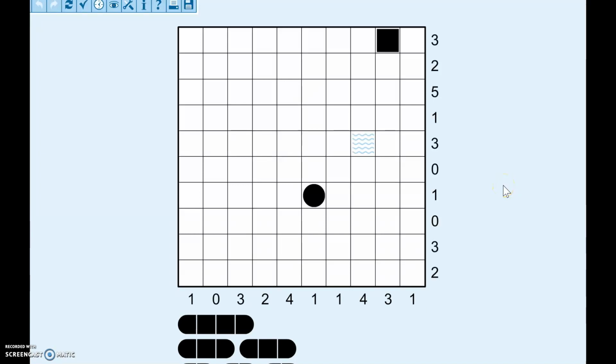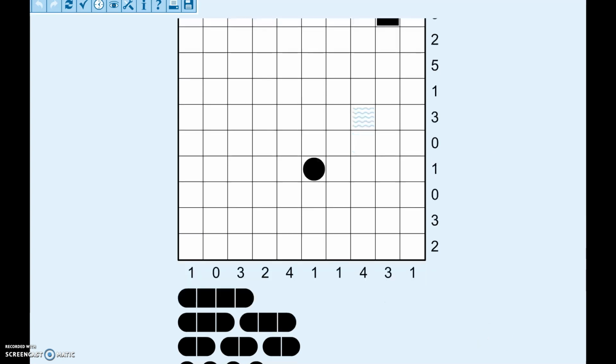Hello, we're going to show you how to solve a battleships puzzle. This is a battleship screen. You see how we've got this grid, and somewhere in this grid are hidden these